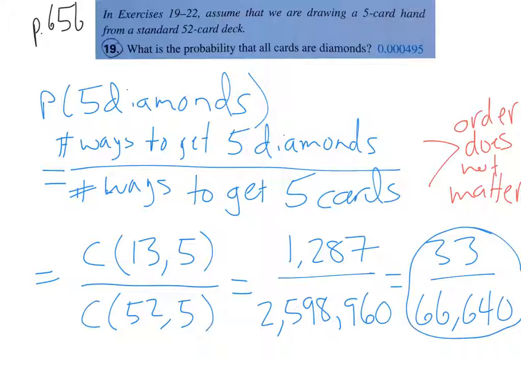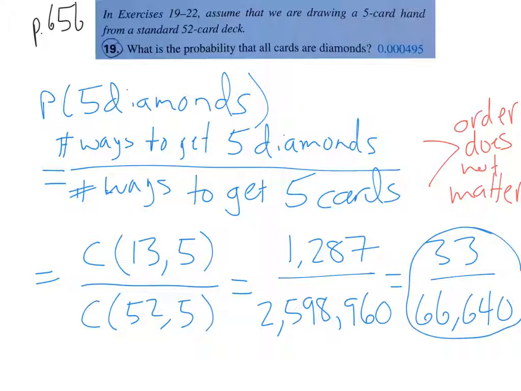But either way, this is a more advanced probability problem because you have to work combinations in there. And the reason we have to is because our events are pretty complicated. Getting 5 diamonds, there are 1,287 different ways you can do that. Think about what that means. That means you can get the 1, 2, 3, 4, and 5 of diamonds, obviously,